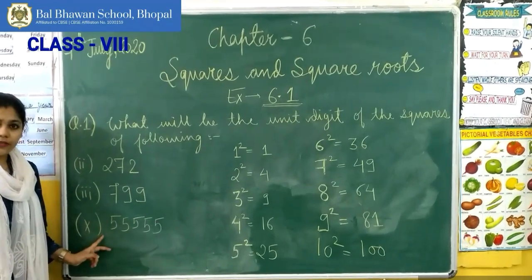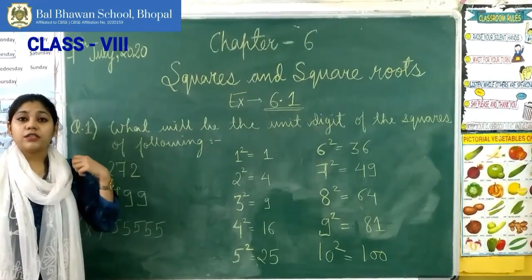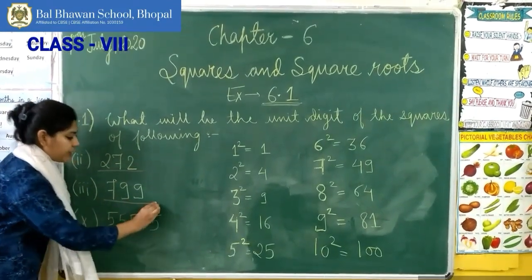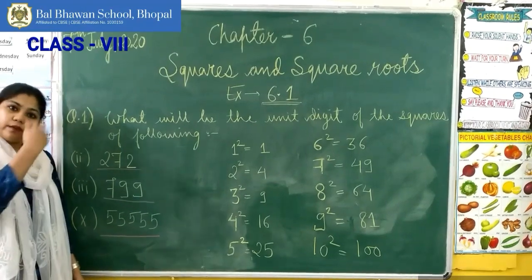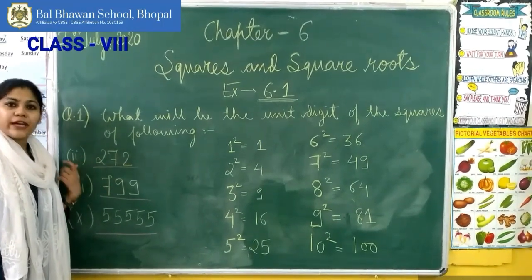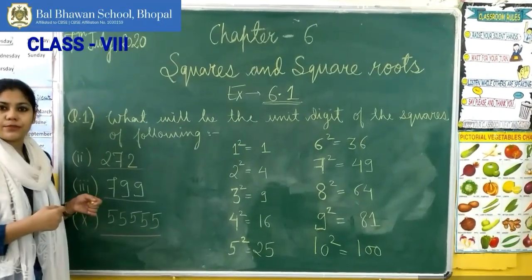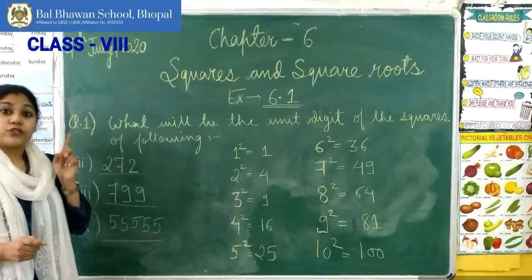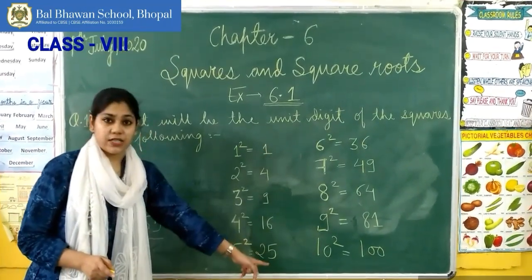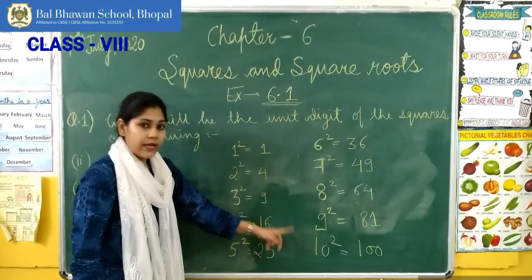I have taken 3 over here, right? So what they are saying, they are asking us to tell the unit digit of the square of these numbers. These are the 3 different numbers and we can find their squares. How do we find the square of any number? We simply multiply a number by itself to get to know its square, right? We only need to tell the unit digit of the square of these numbers. So for that we should know the unit digit of the squares of these single digit numbers. So here I have written all the numbers starting from 1 to 10